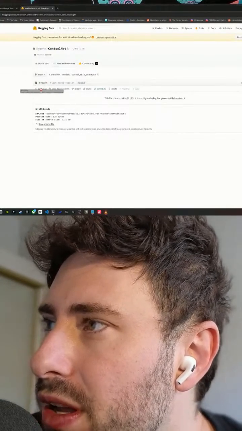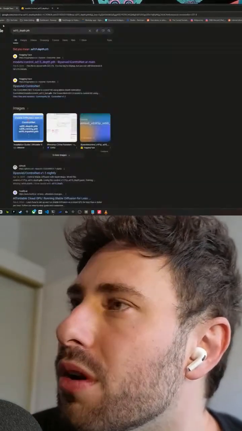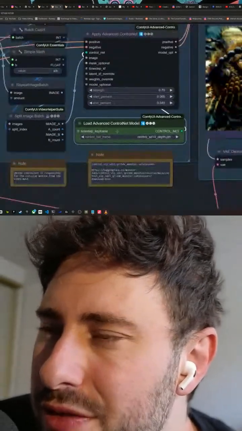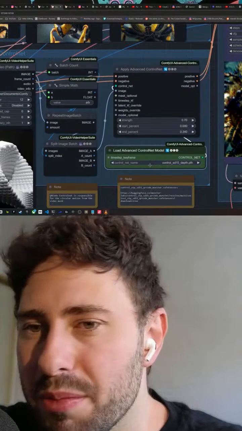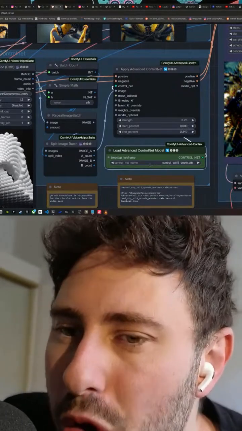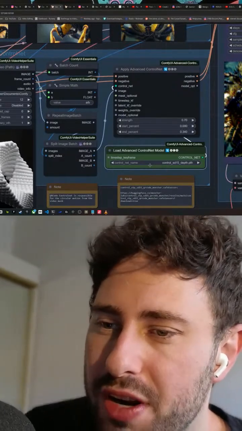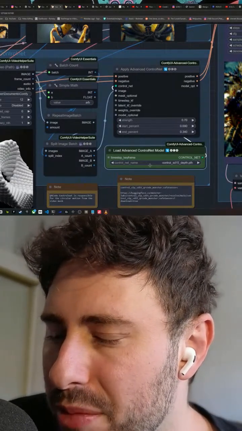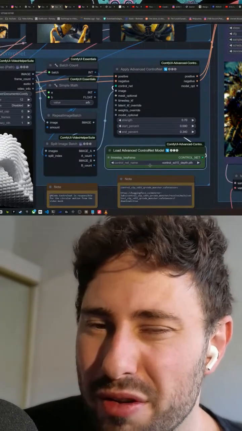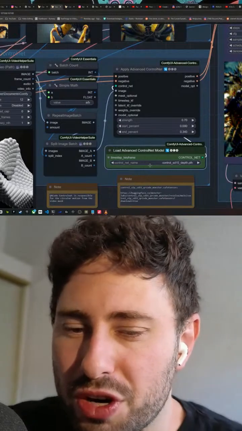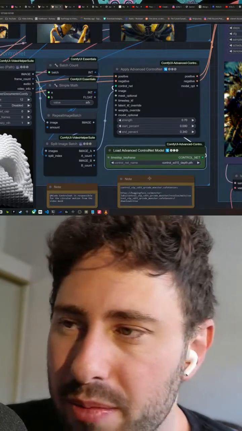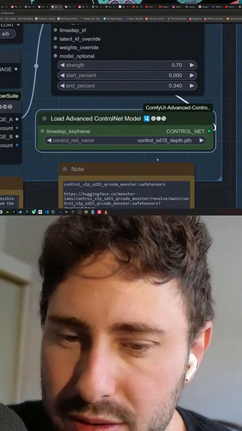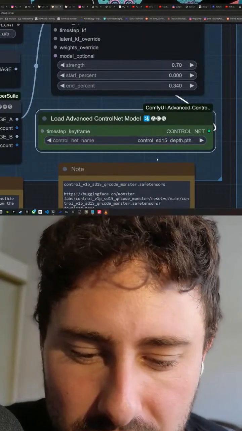Yes, just click download right here and you should be good to go. But yeah, there's a lot of different control nets for different use cases. If you want to really target the movements and the poses of a dancer, open pose would be a very good one for extracting the skeleton, the structure of the person. But yeah, it basically depends on what you want to be animating. So different control nets do different things.